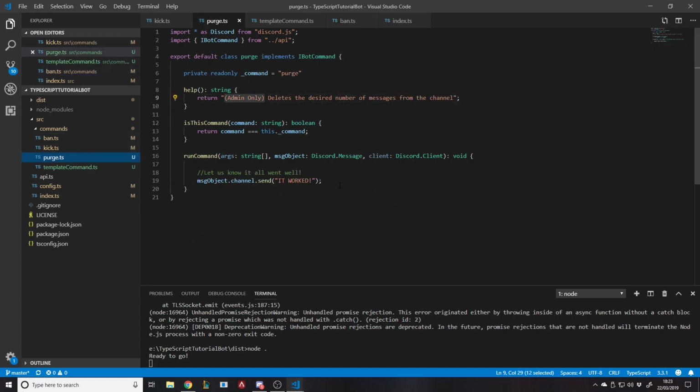So in the purge, what do we want to do? Well, the general layout of the code is going to be: make sure they're an admin, and make sure they've actually supplied a number of messages. If they are an admin and they've supplied a correct number of messages, then we will delete them. Obviously, if we didn't check for those things, we're going to get errors most of the time. And also we don't want people that aren't admins to go around deleting stuff. So